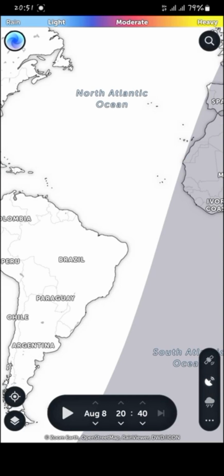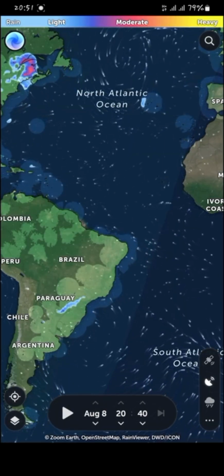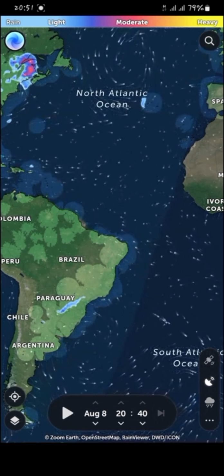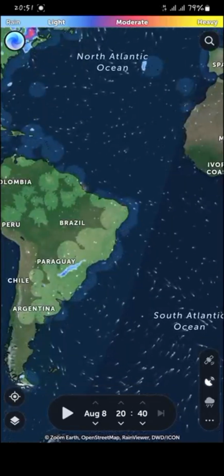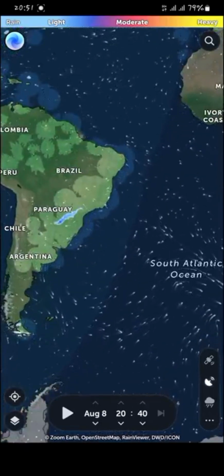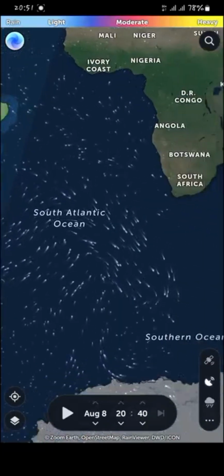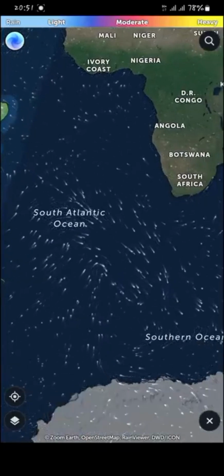Now this is an app and also a website for live visualization of climatic data. It is called Zoomearth. On this platform you get to see real-time or near real-time climatic data, ranging from wind speed, wind direction. If you click on this button, it shows other